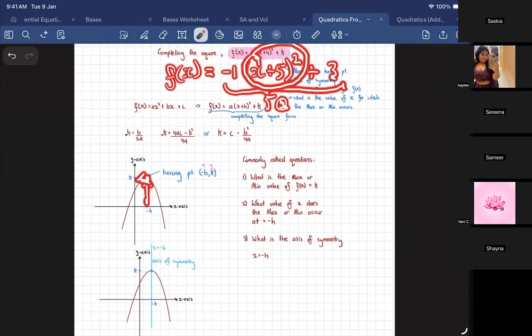Minus 50. Right. And then you're going to have to add what to it? The k value, which is 3. What's minus 50 plus 3? Minus 47. Because it's a positive 3. Sorry, sir. That's okay. So what I want you to understand is that once you put something inside this bracket,